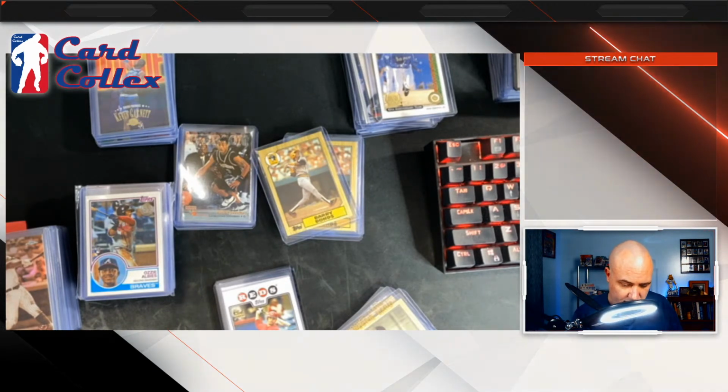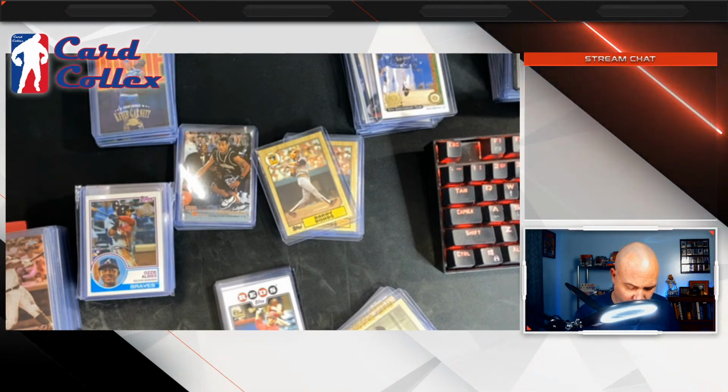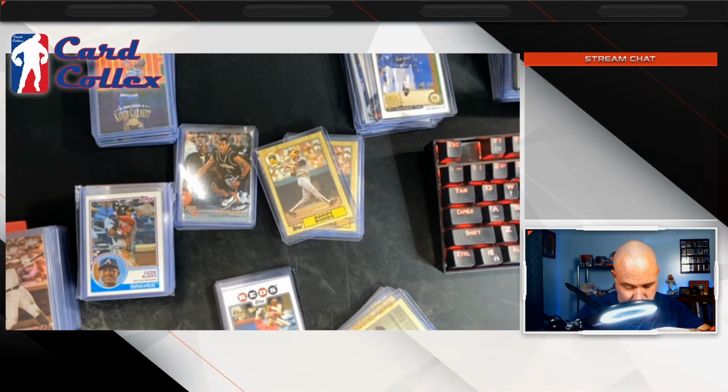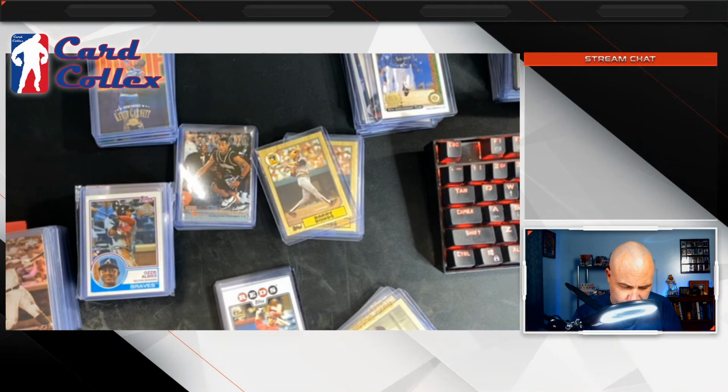Man, why did I not package this up for grading? This card's in really good shape. Perfect centering, super white borders.